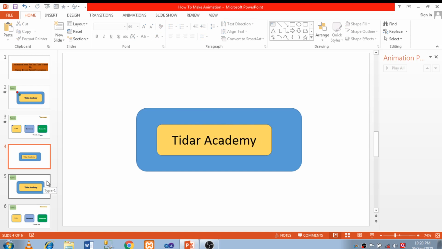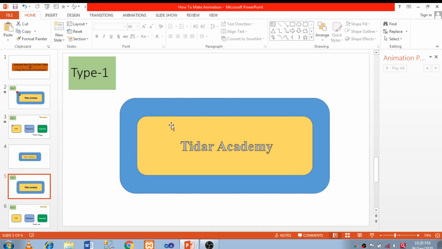And just now I am showing how to give the animation. Suppose this type of rectangle we have made. Go to the insert and select the circle. So I have selected the circle and I have copied it and pasted. So I have got two circles. I have changed the color of these balls, and for this I am selecting another color. This ball I have put on this bigger rectangular box, and this I have put on this smaller rectangular box.